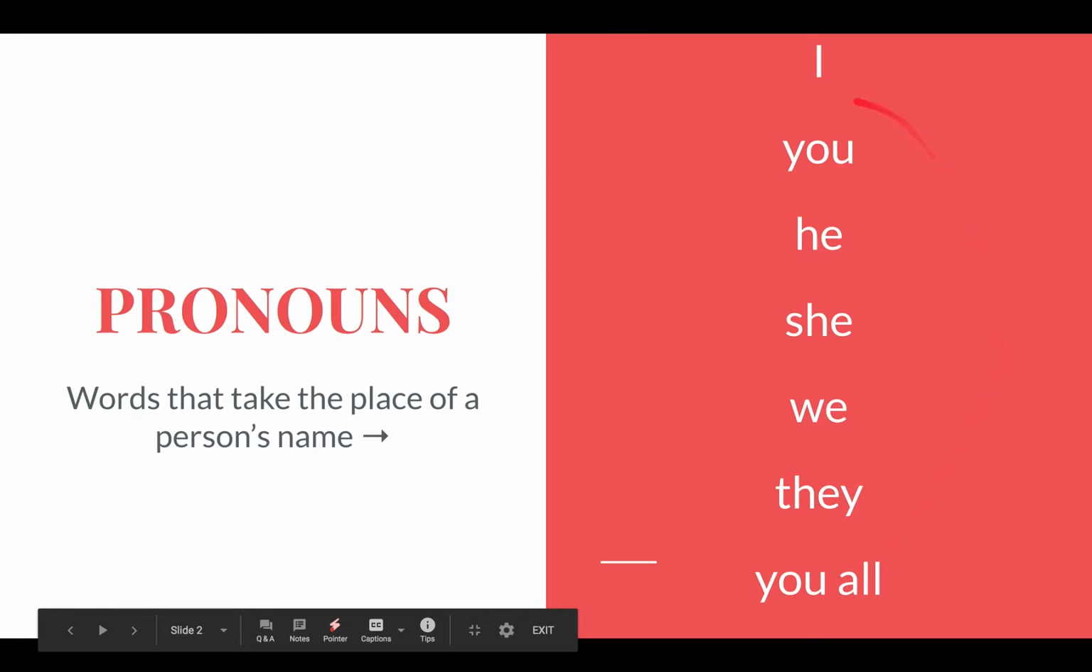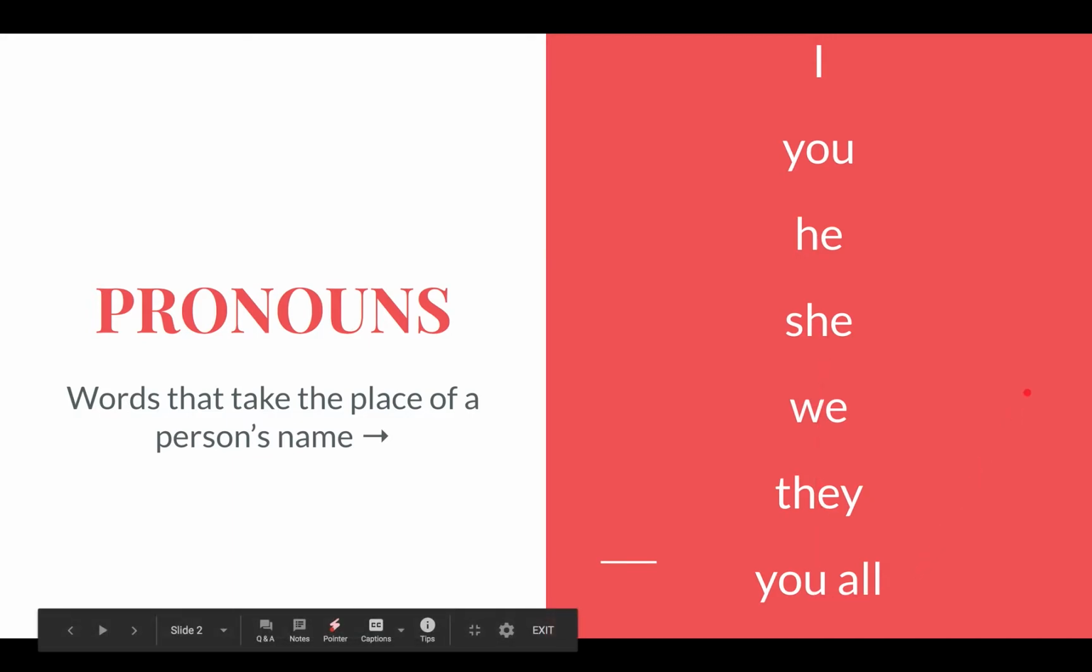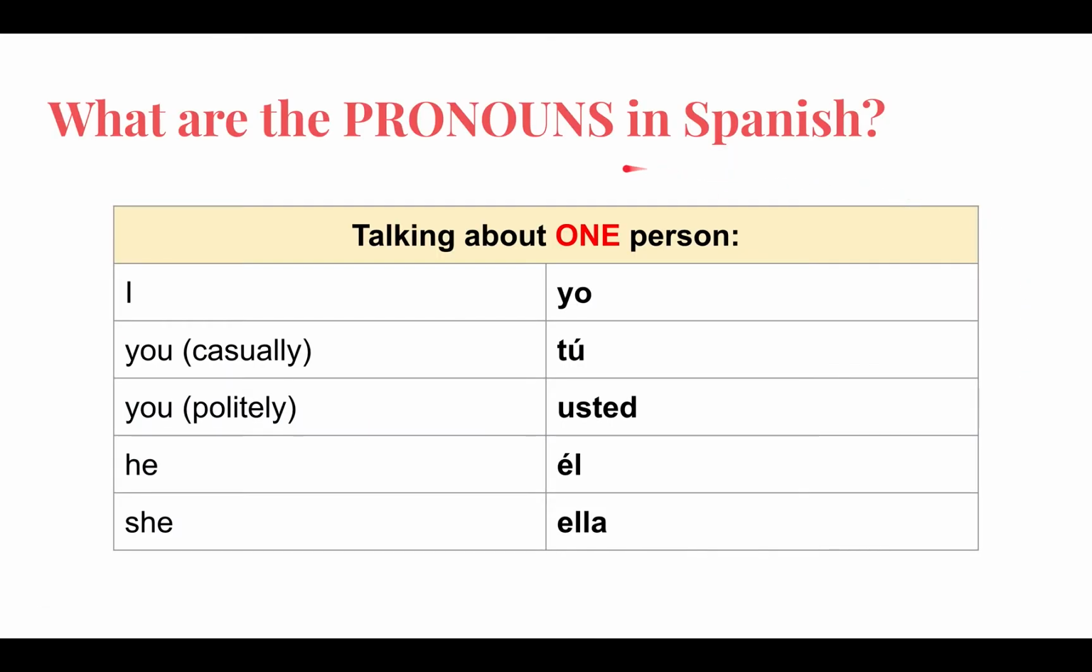In English, we have these subject pronouns: I, you, he, she, we, they, and you all. But let's see how those work in Spanish. The pronouns in Spanish are the following. I is yo. You is tú. The reason that we say this one is casual is because you use the word tú when